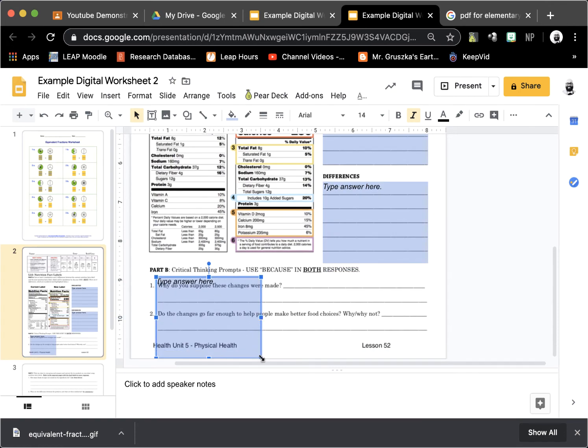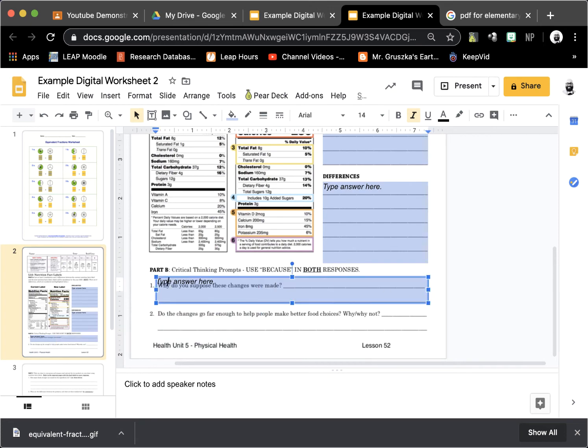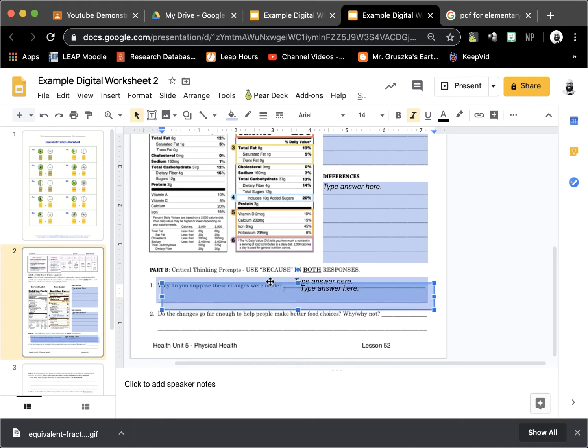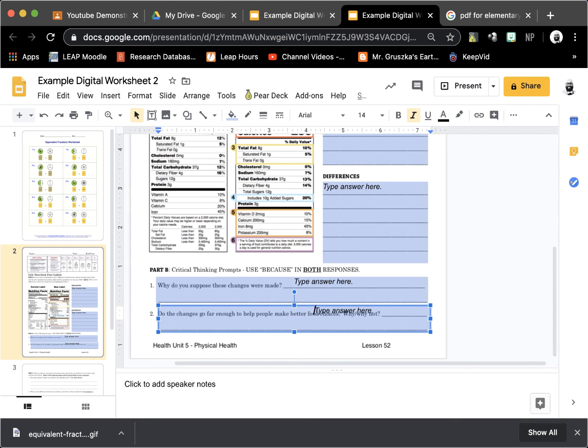And again, you don't have to do this. Students, if they're savvy enough, can figure out how to do this on their own. But I found this to be super helpful if they've never really used Google Slides before in this way. So just imagine that I did that for all pages. And now that you have that all set up, what you're going to go ahead and do